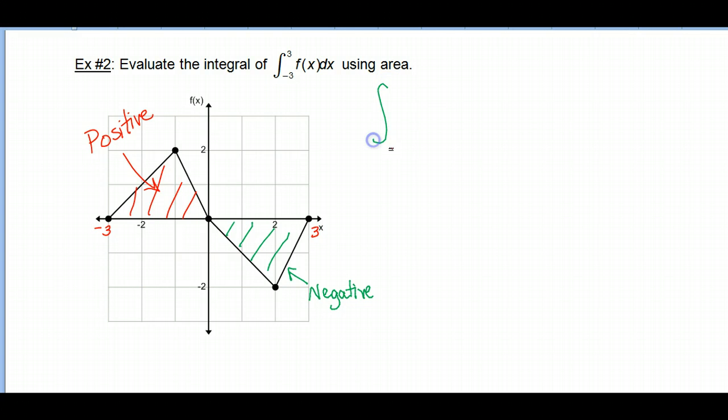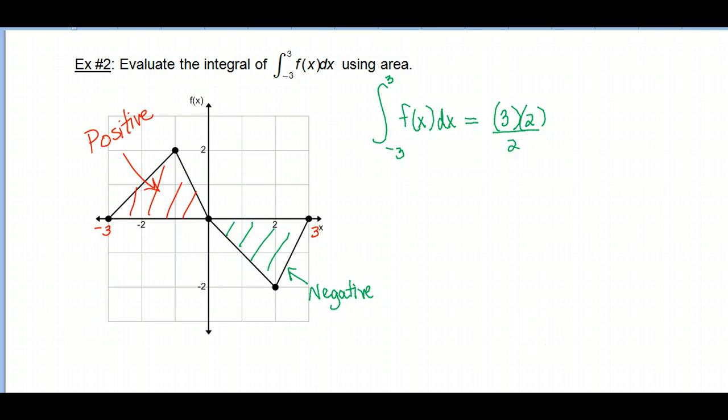Okay, so when I go to do the integral from -3 to 3 of this function, we don't know what it is. We can just see that here's the curve. So our first triangle, we'll just find the area of that. What's the area of this? It has a base of 3, so 3, the height is 2